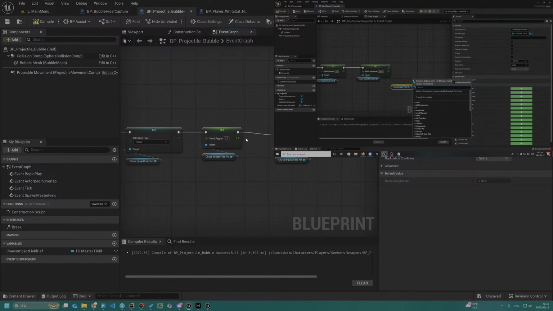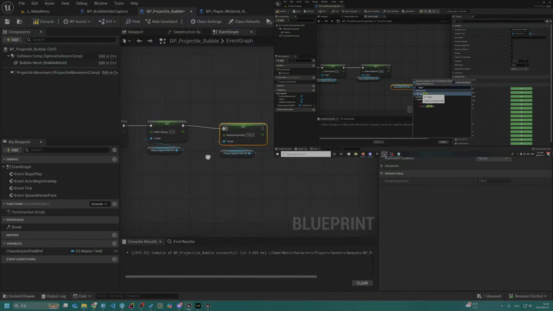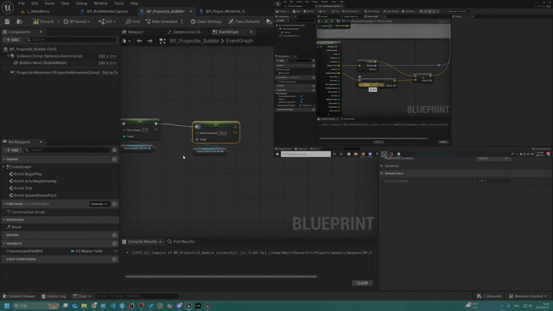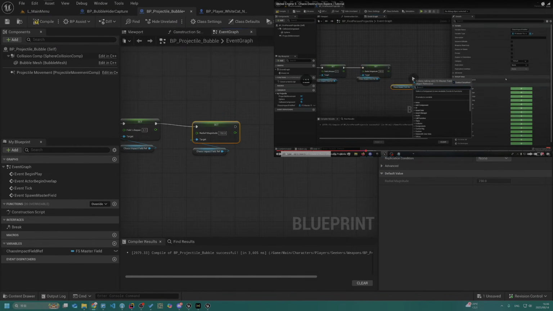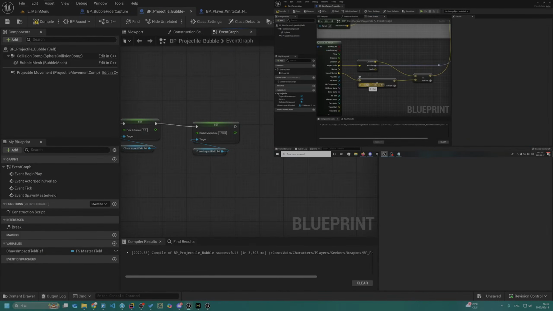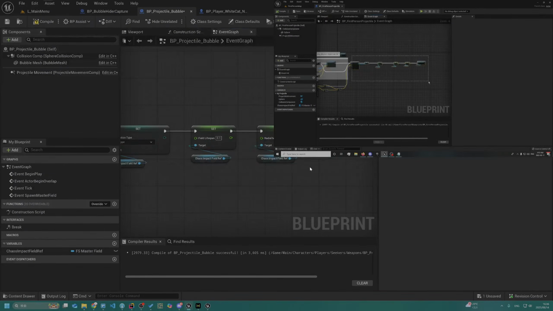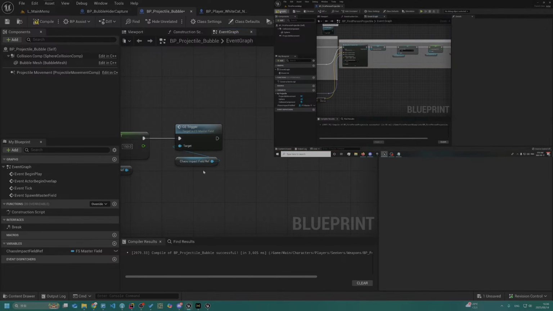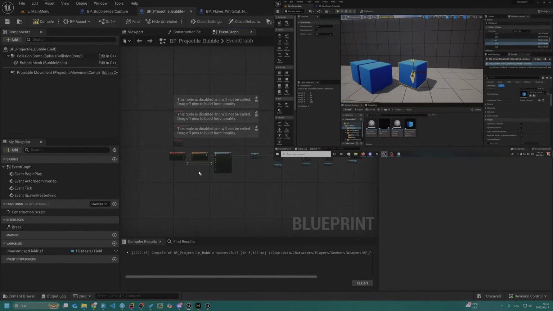And also search for trigger and get the event for CE trigger. And we'll want to run that after all of that runs. We can actually come back here and probably drop the impact normal to 0.3. We'll spawn the Chaos impact field and set the settings for it. And now we have that spawned.